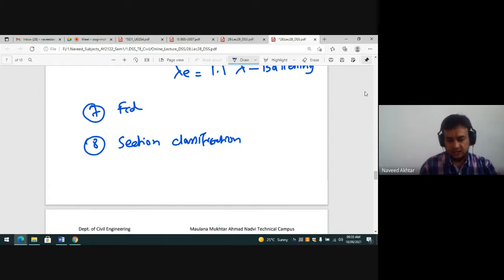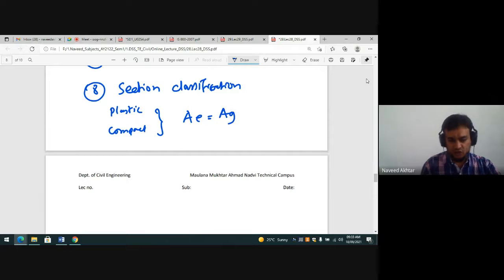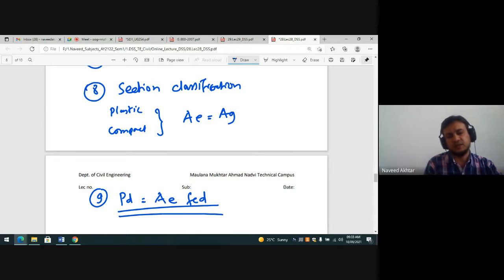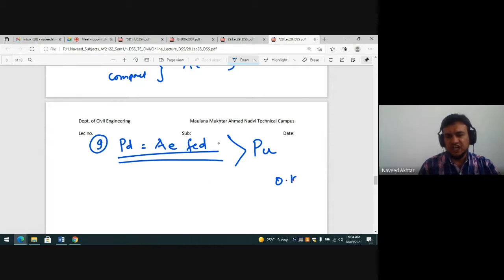और अगर आपका सेक्शन प्लास्टिक या कॉम्पैक्ट आता है तो इट मीन्स दैट योर AE इज इक्वल टू AG, एंड देन यू हैव टू फाइंड आउट द मेंबर स्ट्रेंथ, PD is equal to AE into C. To find out member strength, AE into C. Okay, and this PD should be greater than whatever factored load coming on your member. तो अगर ये ग्रेटर है तो यू कैन से दैट योर डिजाइन इज ओके। तो यहाँ तक आपका जो कैलकुलेशन है, बैटनिंग सिस्टम में भी सेम रहेगा।